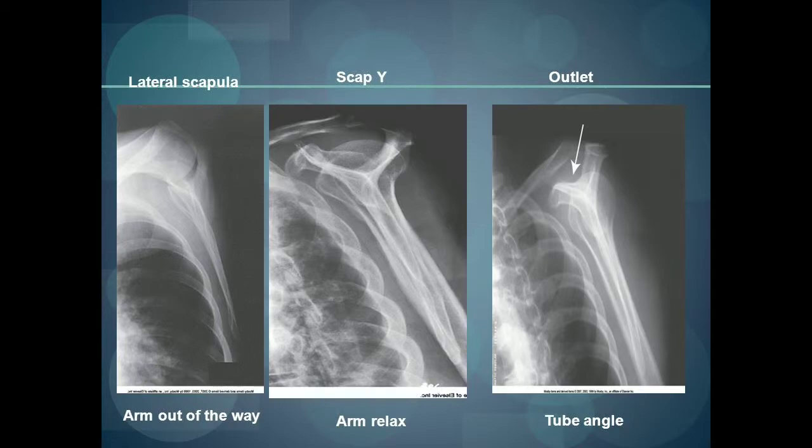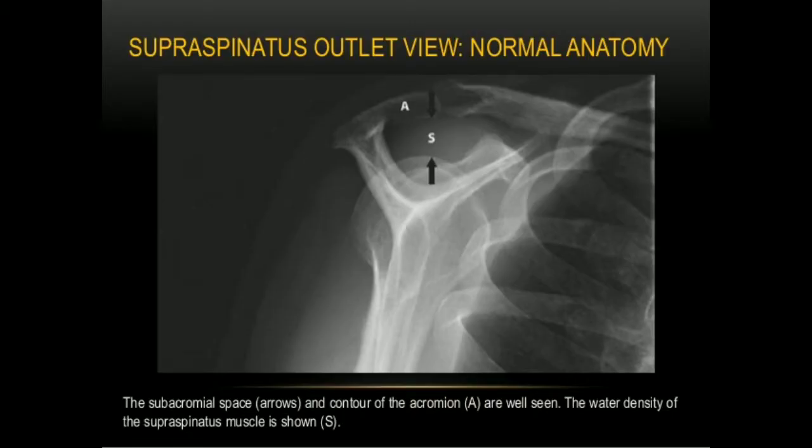At Kaiser, they use the outlet view instead. Basically, it's the same positioning of the RAO or LAO, with the medial border and the lateral border superimposed, with the addition of a caudal angle of 10 to 15 degrees. This allows us to evaluate the shoulder impingement and the subacromial space. For the AP and lateral projection of the scapula, we'll have the SID at 40 inches, and we will shield